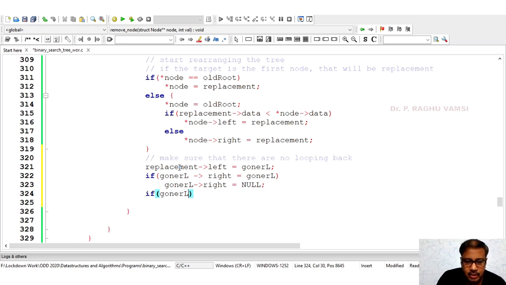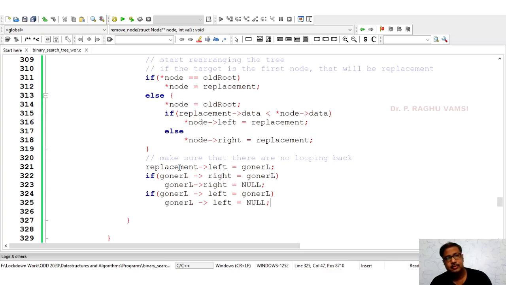If Goner L left is equal to Goner L only, then Goner L left equal to null. So this is the check for whether there are no loops in the arrangement.